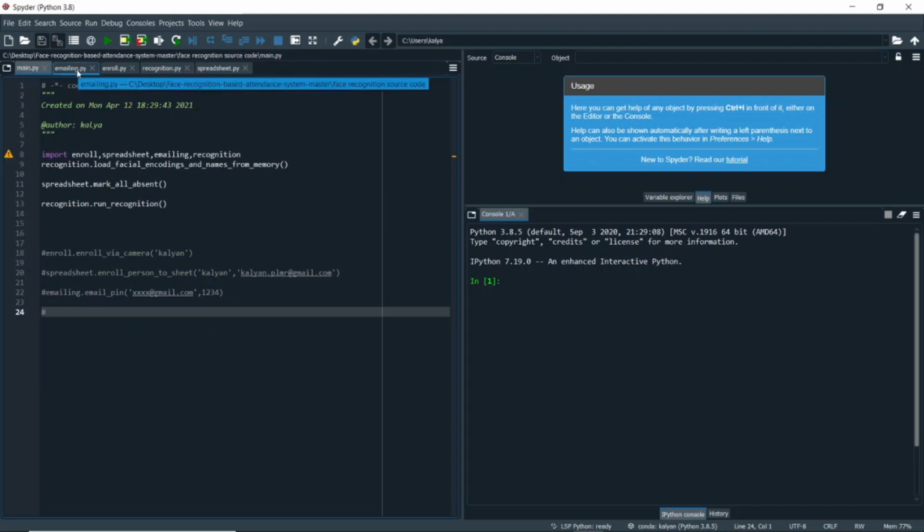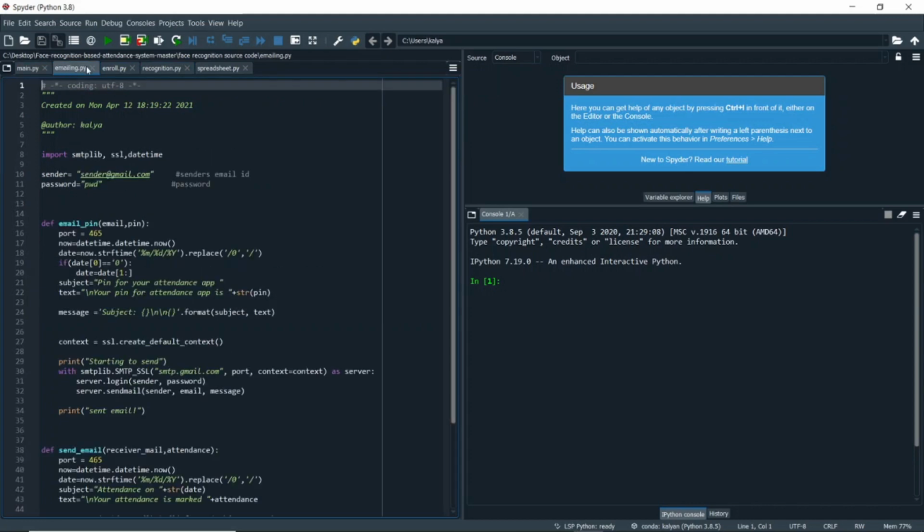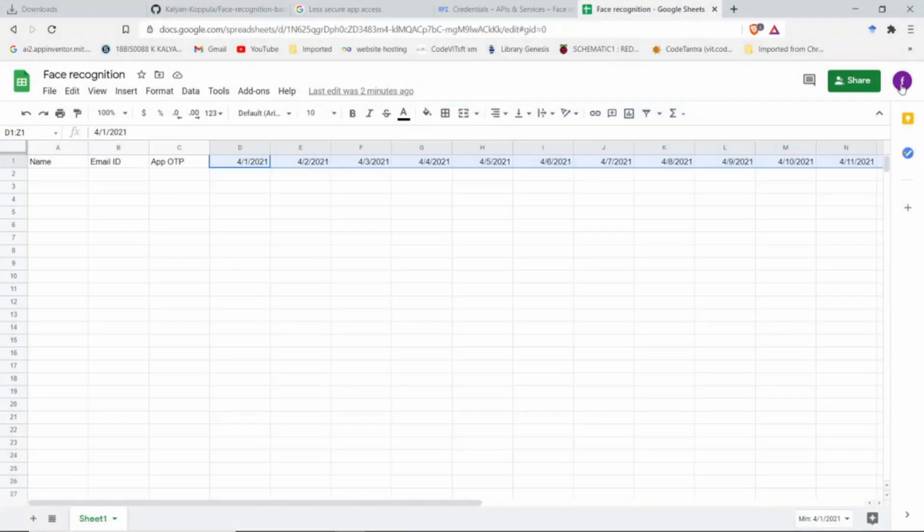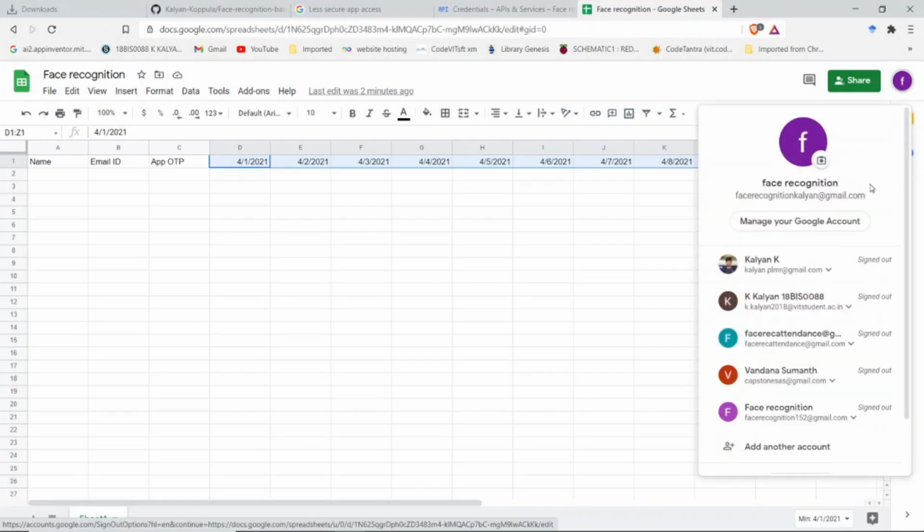Before that, in the emailing.py file, change the sender email and password to your email and password. For me, it's this email and password, so I'll give that.